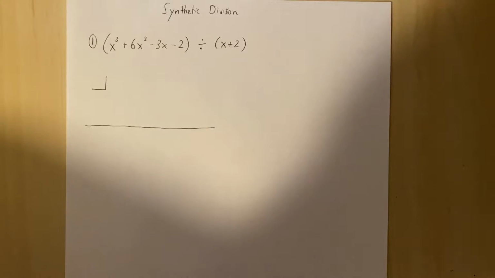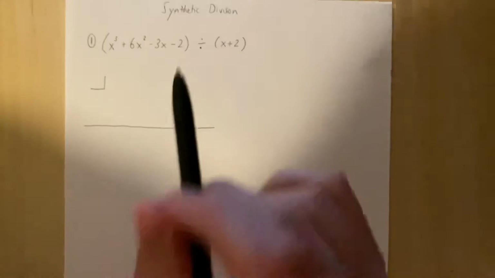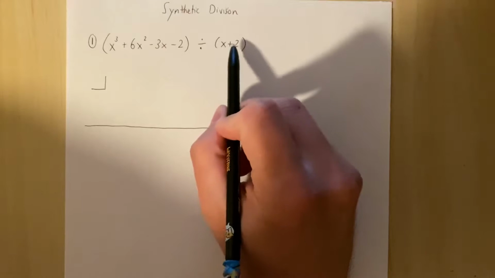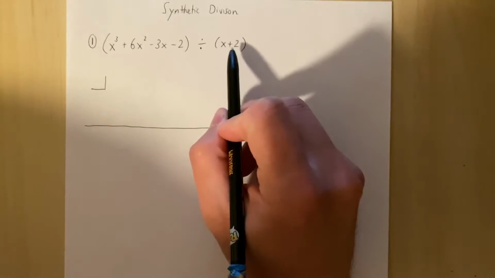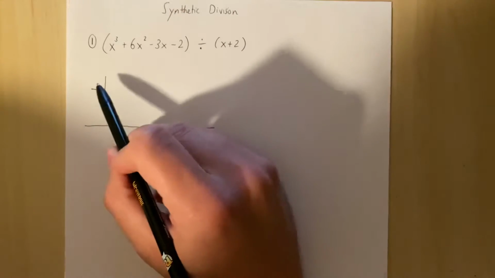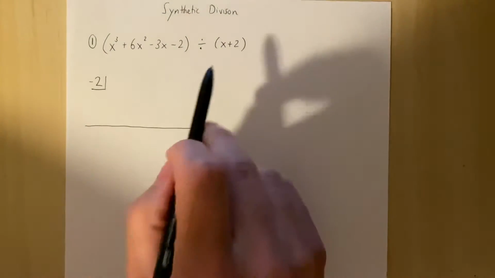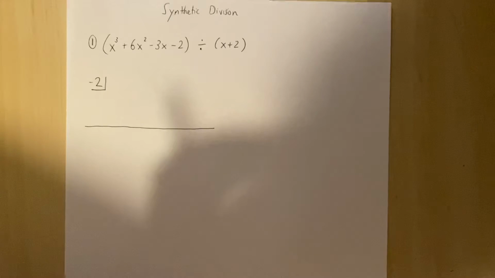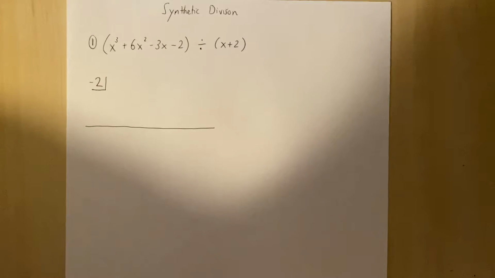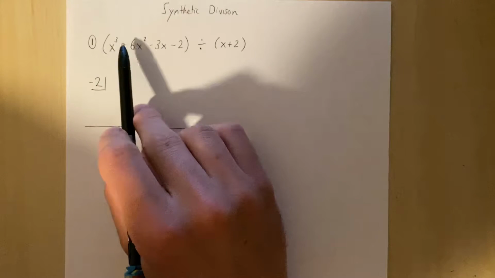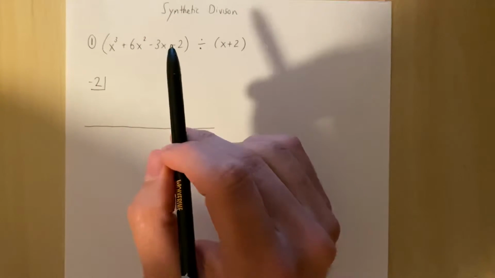Okay, so the first thing you do is you always take the opposite of whatever this number is right here, this little guy. So that's +2. So we're going to put -2 here. Okay, so you always do the opposite of whatever that number is that goes there. Okay, there's your start. The next step is you look at all the coefficients or the big numbers in front